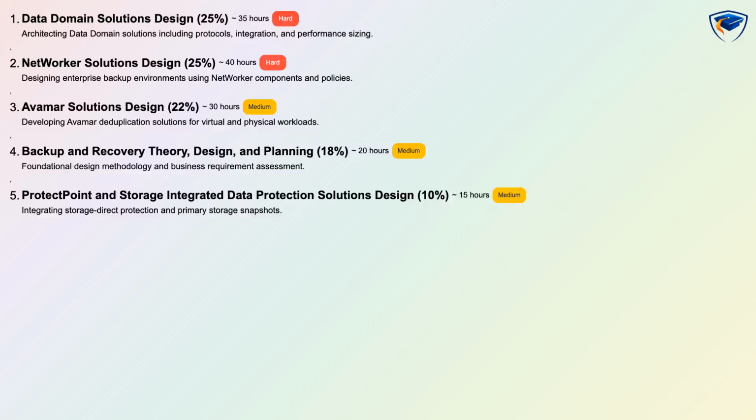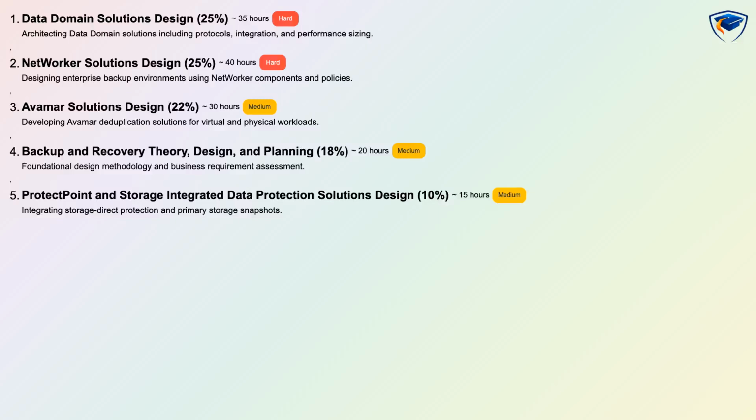The top domains are Data Domain Solutions Design at 25% and Networker Solutions Design at 25%, followed by AVMR Solutions Design at 22%, Backup and Recovery Theory, Design, and Planning at 18%, and Protect Point and Storage Integrated Data Protection Solutions Design at 10%. Each domain lists difficulty, estimated learning time, and assessment types that you should use to plan